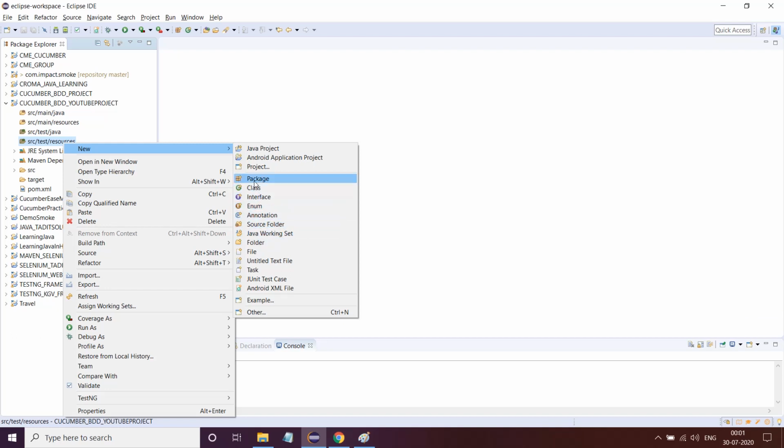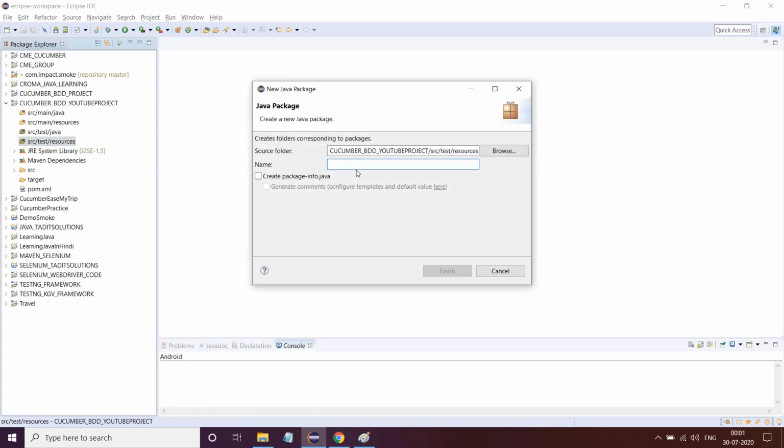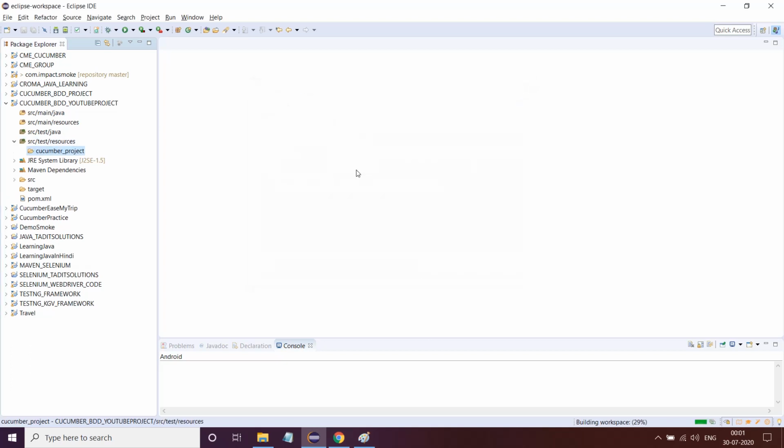Even though the package will not appear in a square box which has 4 small squares like it typically appears, it will appear in the form of a folder. It's okay, just create a package, and I will give here cucumber_project, something like this I'll give. And see, so this package or folder is created.